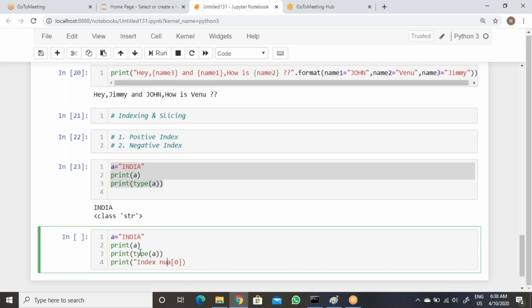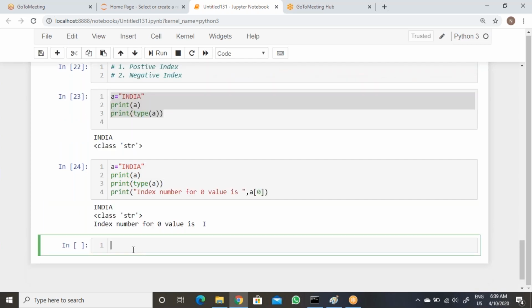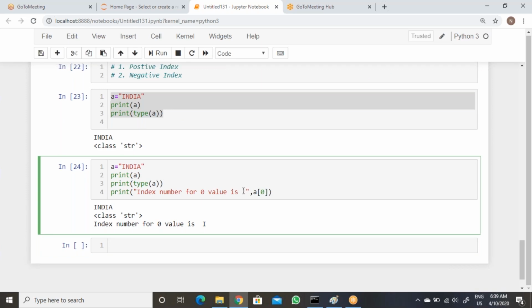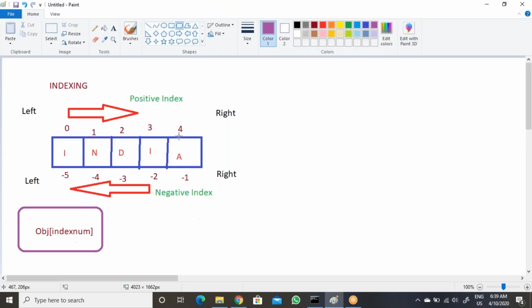So now let's see what value we have. Print of variable a or object, whatever, then index number 0. Now understand. So the value at index number 0 is I here.